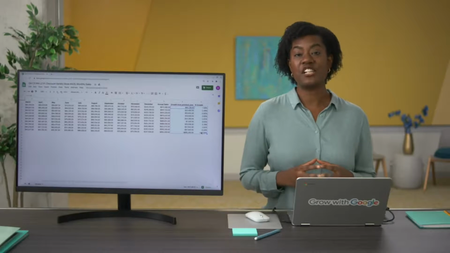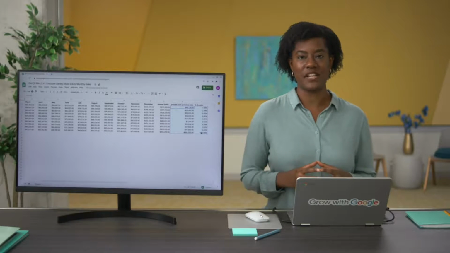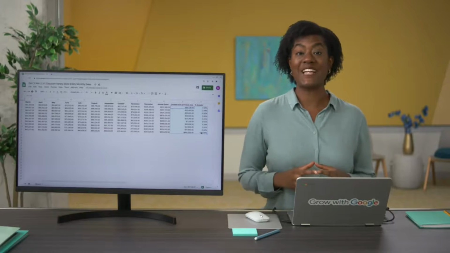Okay, we've got just a few more things to calculate for our stakeholders. Next up is finding the average sales. We want to compare sales between months to learn if there's a trend, so we'll add this in a row instead of a column. This will line up our averages under each month.